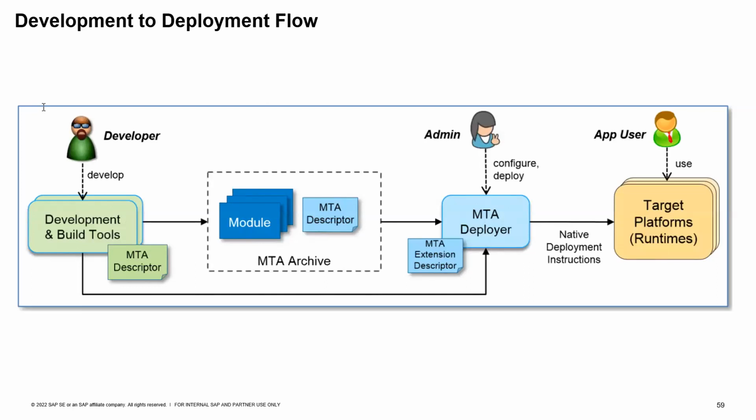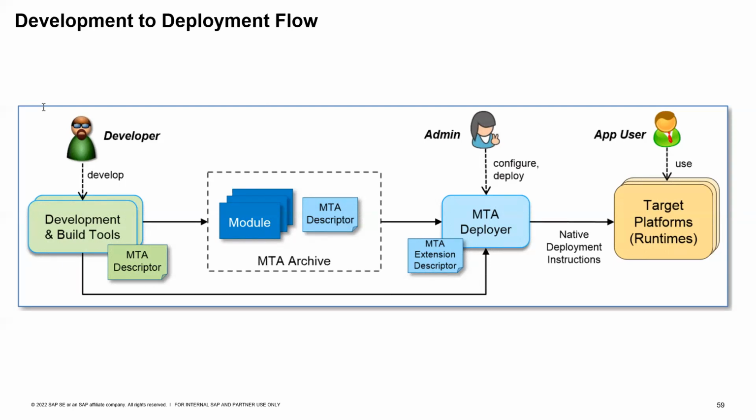So as seen in the image, the application developer uses development tools to create the modules of an MTA and the corresponding MTA descriptor, mta.yaml. The application can then be distributed in the form of an MTA archive, including the MTA deployment descriptor called MTAD.YAML. This specification describes an archive format as a convenient distribution file, as indicated by the direct arrow from the development tools to the deployer.